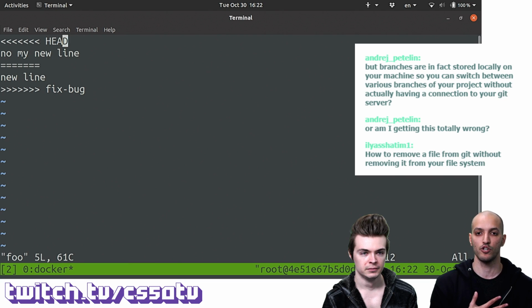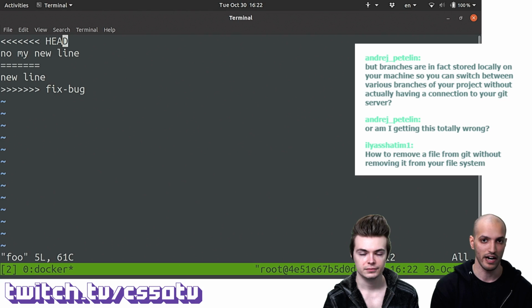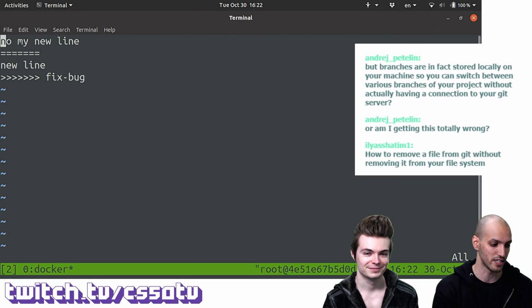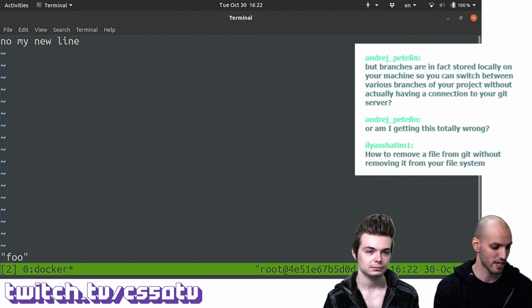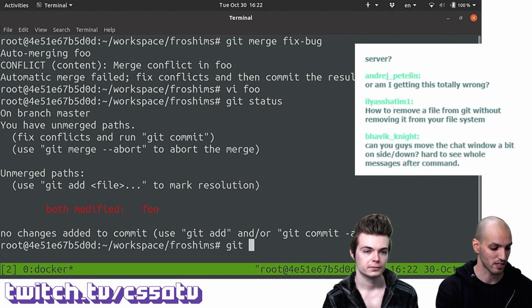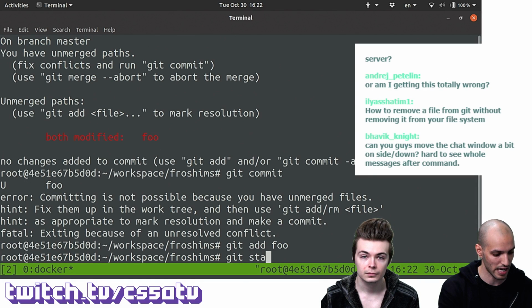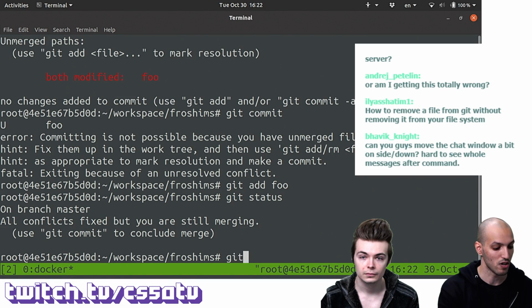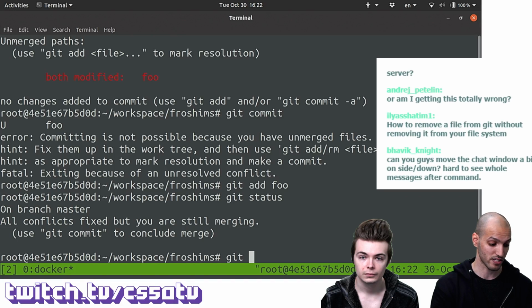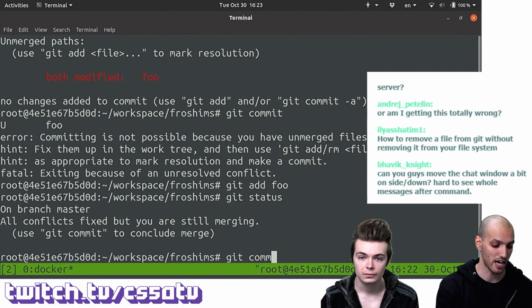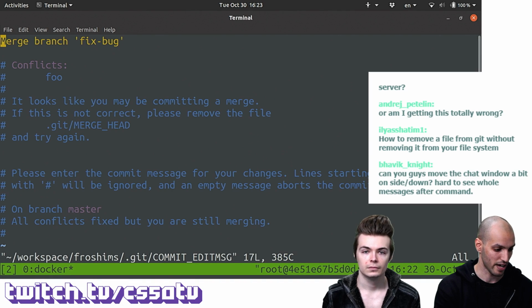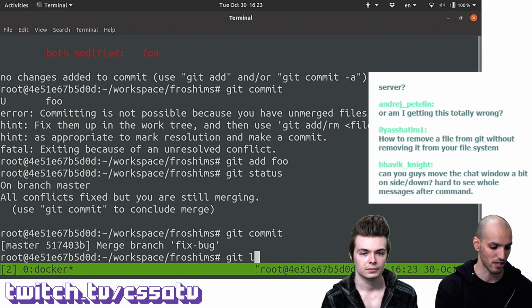So in this case, I as a human have to fix this merge conflict manually. I can do this by favoring my line or Colton's line, which I'm going to do in this case. So I'm just going to delete my line and these weird symbols, save, git status, git commit. In this case, git add foo first, git status. Okay, all conflicts are fixed. Git confirms that all conflicts are fixed. Now all I need to do is git commit, and it's going to open up the text editor showing the commit message, save, git log again.